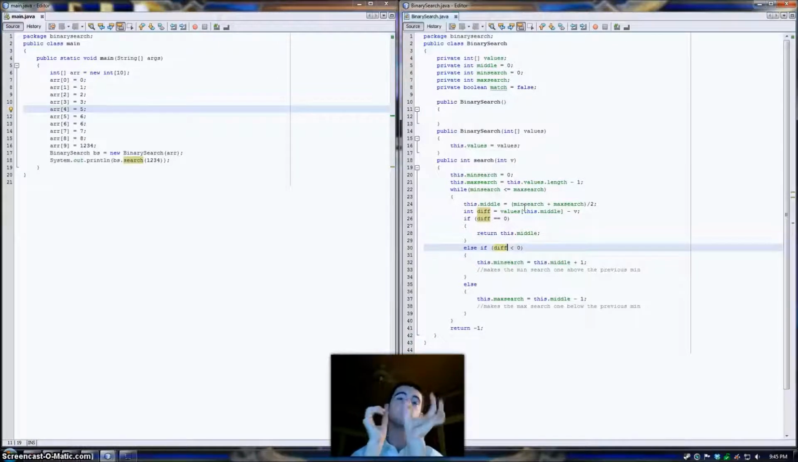Okay, so because we know it's less than, it's going to split off that array, and it's going to make the middle that new min search. So we've split it off, and the middle has now become that min search that we want to search for, because